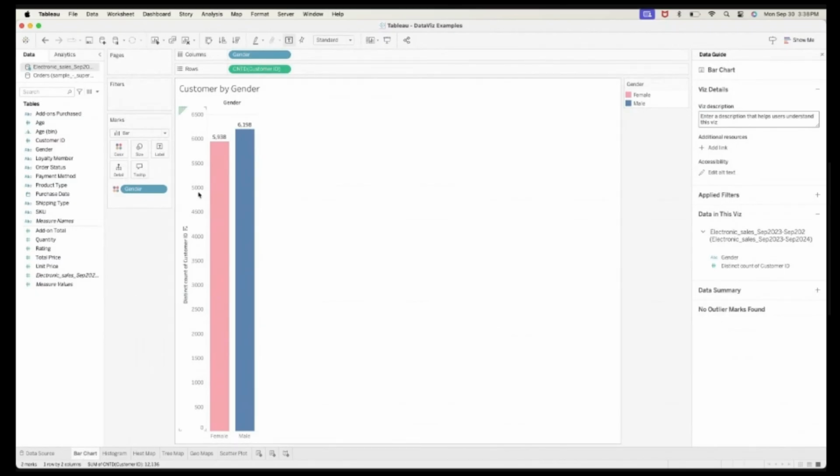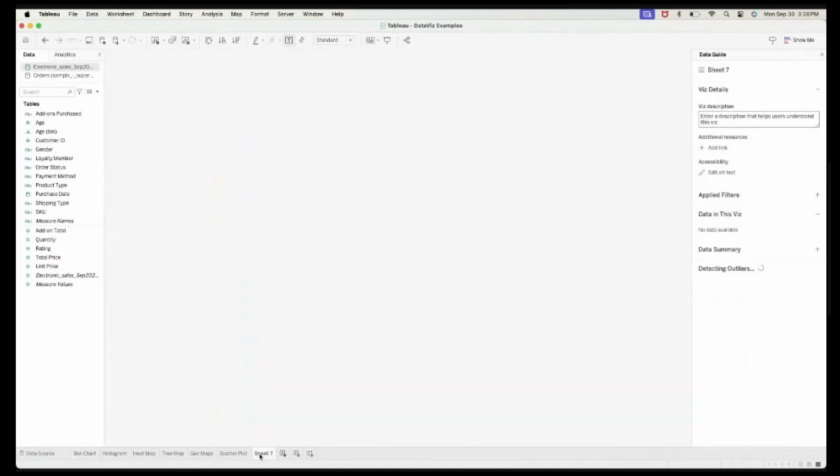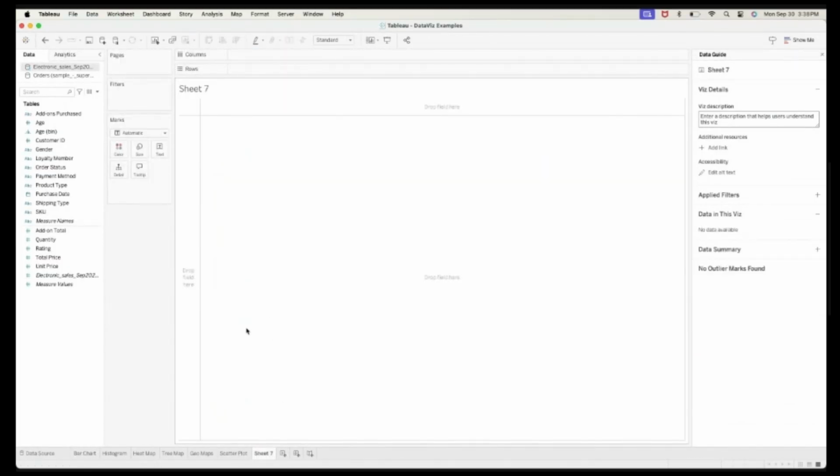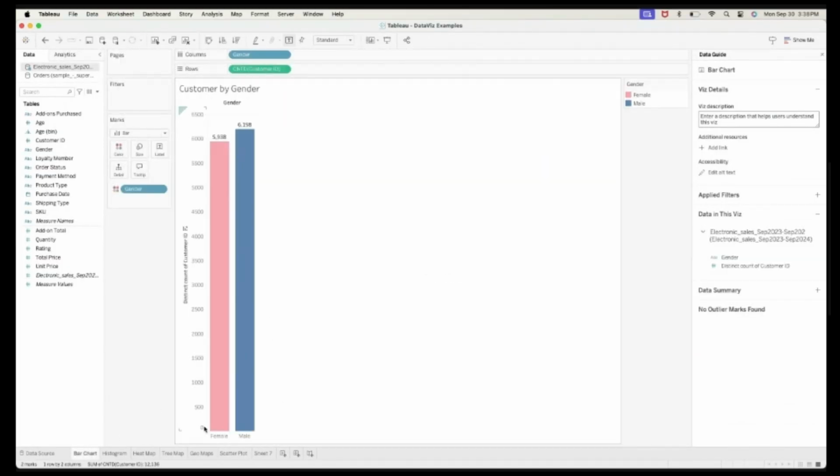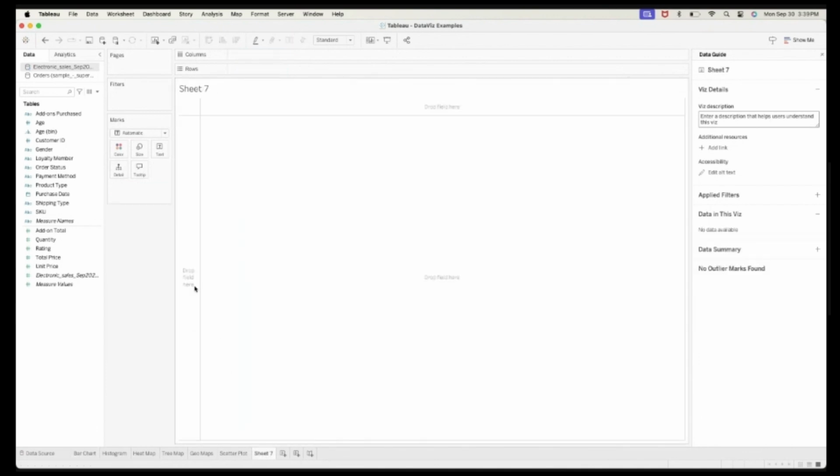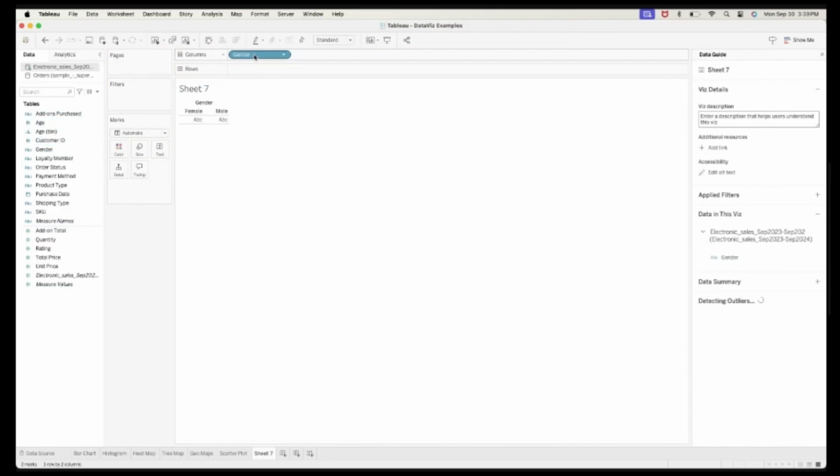Okay, so we'll try to replicate this. Here in my bar chart, of course, I will need the customer and the gender. Because I want to show the gender, I'll have my gender.